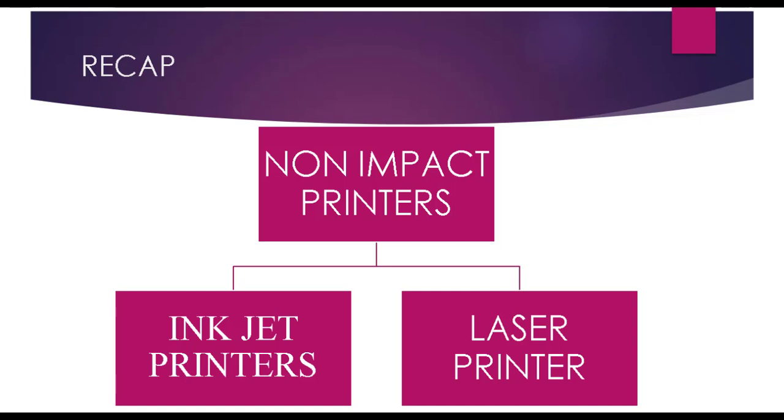The next output device we studied was the speaker. A speaker is also an output device that is used to listen to music. For functioning of the speaker, a computer should have a device called a sound card. For high quality sound, we should attach a good speaker to our computer. So these were the different output devices we studied today, that is printer and speaker. The most commonly used output devices are monitor and printer.